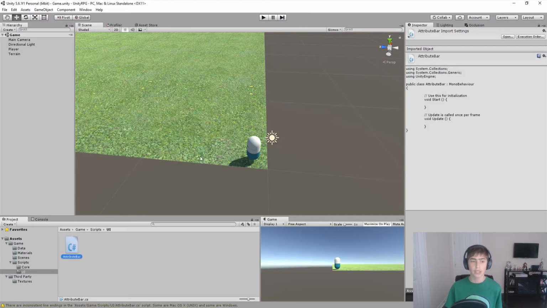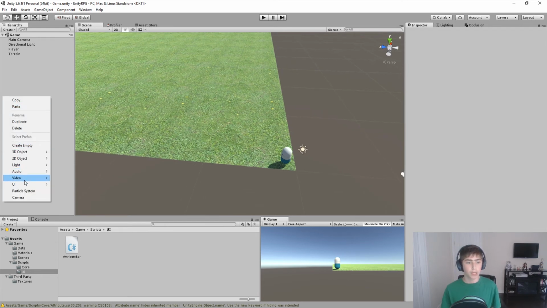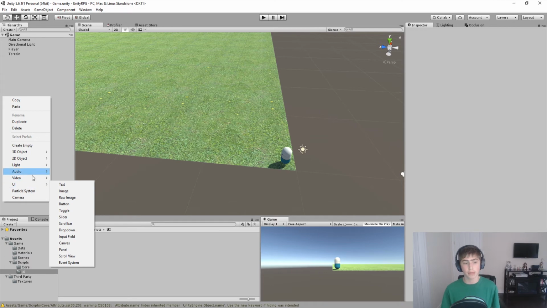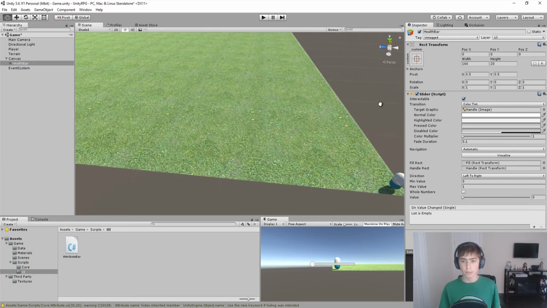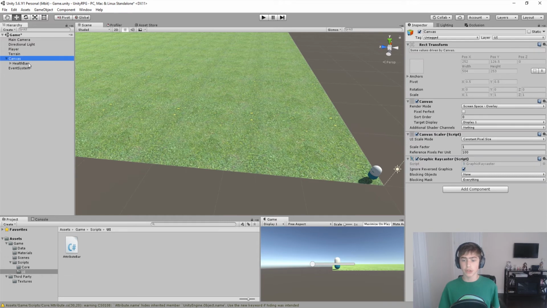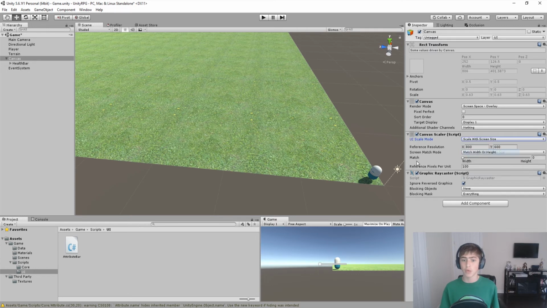Let's go back into the Unity editor, and we need to do one more thing. We need to actually make our attribute bars here. So in the UI panel, or I guess set menu of the create menu, create a new slider. We're gonna call this HealthBar. Also, click on the canvas, go to Canvas Scaler, and the scale mode should be set to Scale With Screen Size. Okay, so now that we have that,